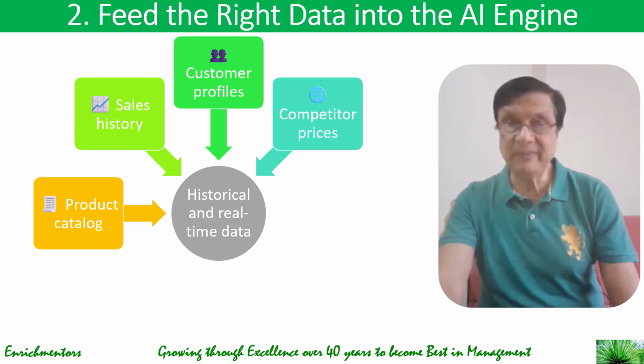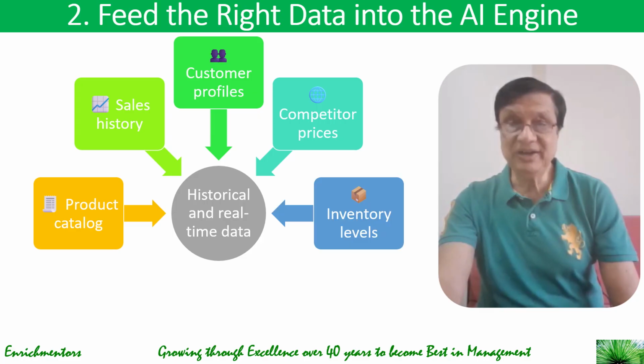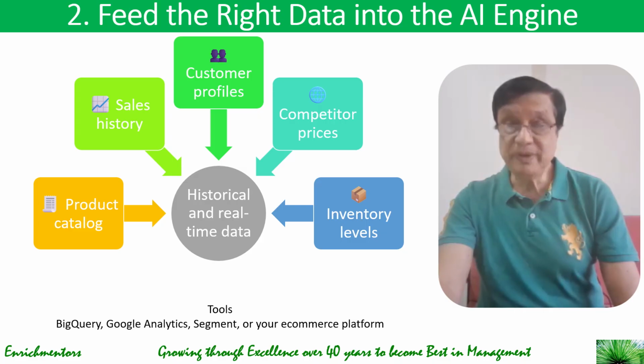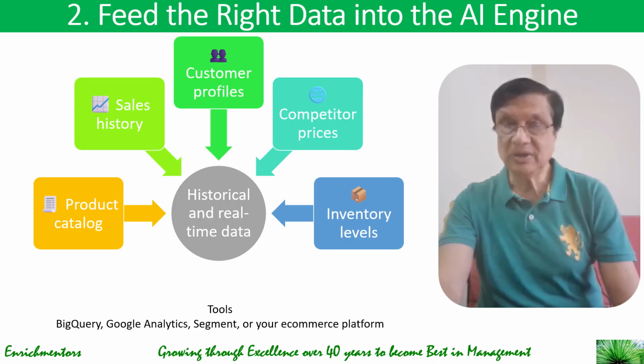Competitors' prices scraped from marketplaces or tools, or fed directly by you. Inventory level in terms of current stocks and reordering schedules. What tools can you use to feed all this data into the AI engine? You can use BigQuery, Google Analytics, Segment, etc. And you can also use e-commerce platforms like Shopify, WooCommerce, or Magento to feed the right data into the